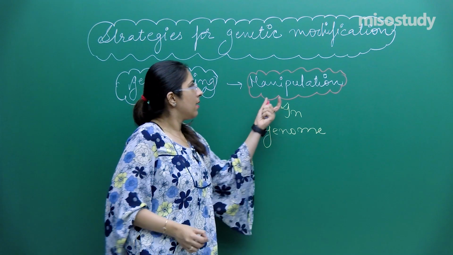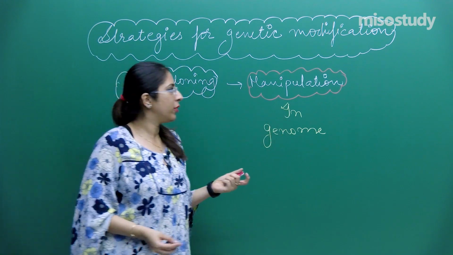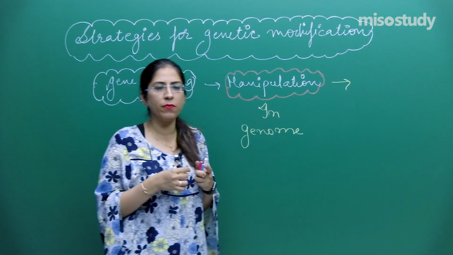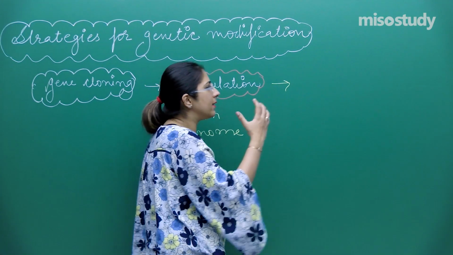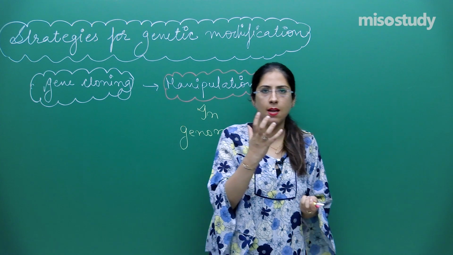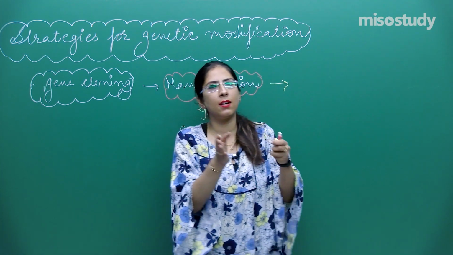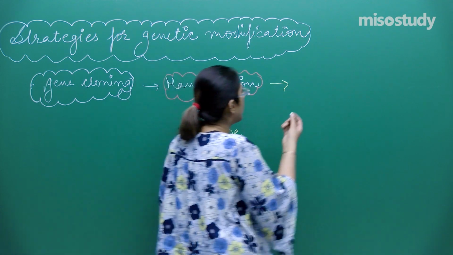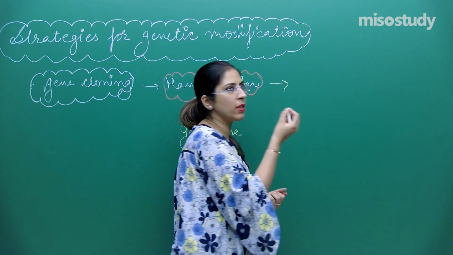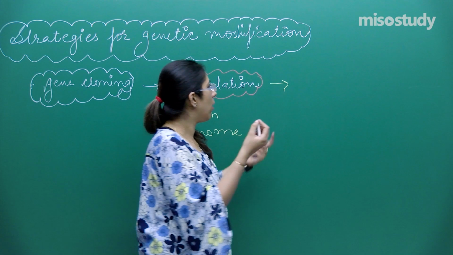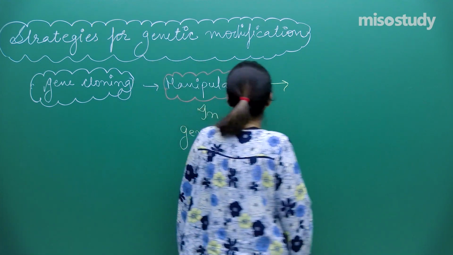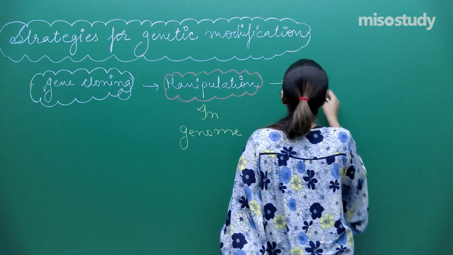In the manipulation of the genome, there were inherent changes, right? They are inherited from one generation to another, and those inherent changes lead to some changes in the conventional system, right? So this was a manipulation in the genome, and it leads to the formation of the desired product, or an increase, or changes in the conventional cropping system. So manipulation of the genome.